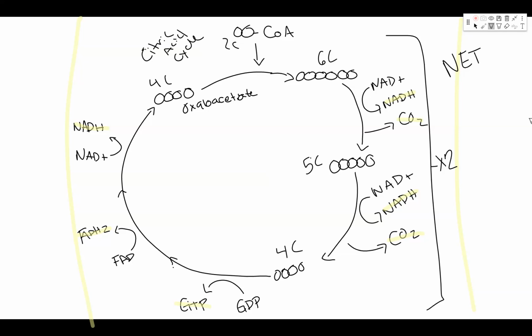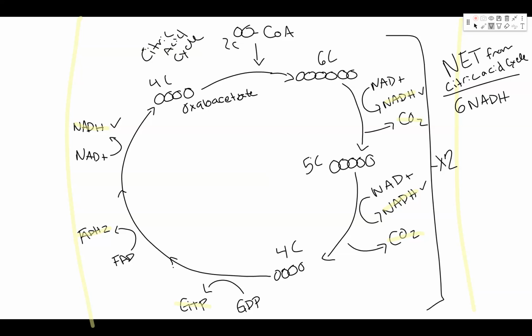So net from our citric acid cycle, we've got 1, 2, 3 NADH, right? But that's going to happen twice. So it's 6